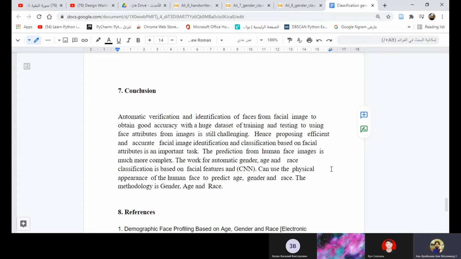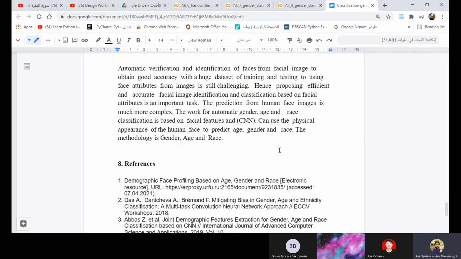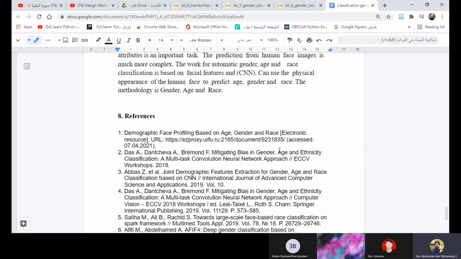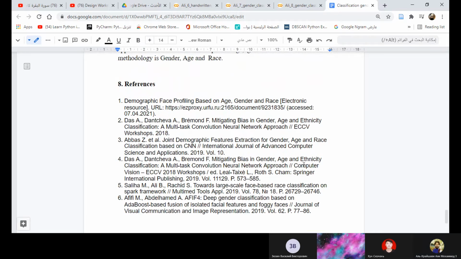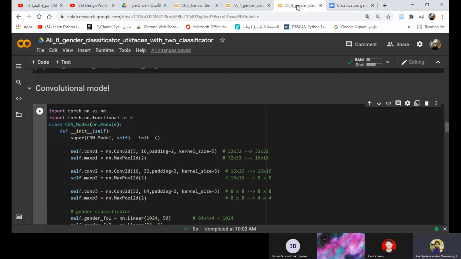The methodology is gender, age, and race. Now go to the workshop.